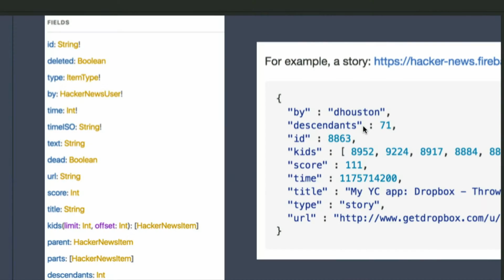But one of the cool benefits of having this on a GraphQL server is that in the original Hacker News API, these kids are actually just IDs. So if you want to find a piece of information for a kid, you have to do another REST query. If you want N kids, you have to do N REST queries. And doing that on the client would kind of suck. So this is all done in parallel on the server. That's one of the benefits of GraphQL: you can do these kinds of parallelization optimizations, and the client doesn't have to know about it.